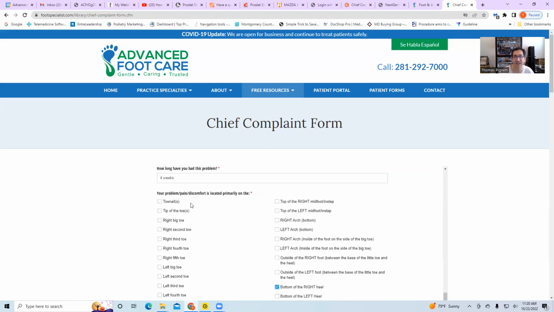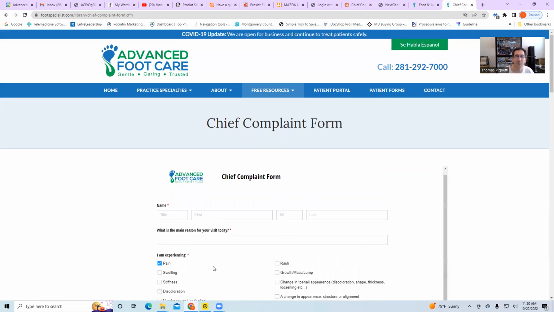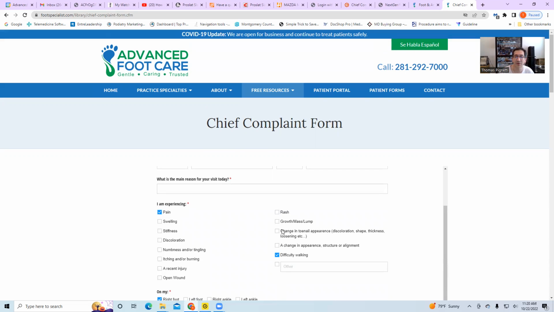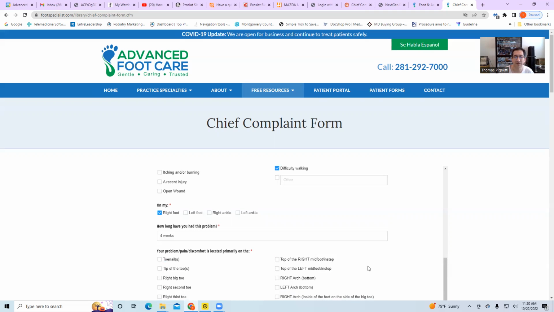Let's say if someone's got fungal infections of the nails, they could say that they have multiple issues with their feet. So let's even put it this way: they've got pain, and they've also got a change in toenail appearance too. Okay, we'll say that. So pain, difficulty walking, change in toenail appearance. We'll say it's all on the right foot. So let's say it's 4 weeks for the right heel and 1 year for the right first and second toes,